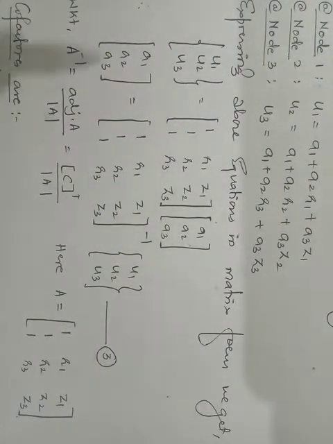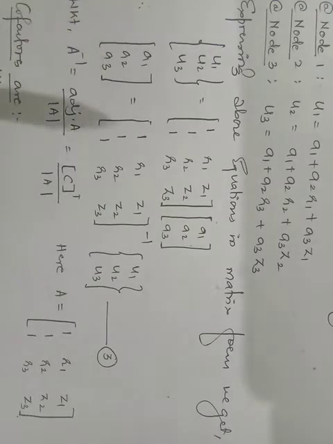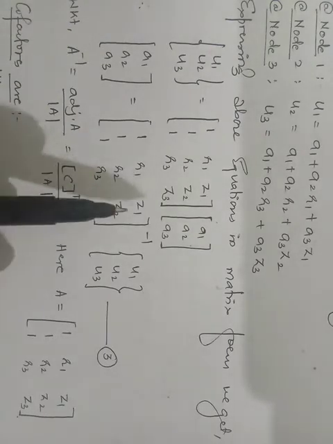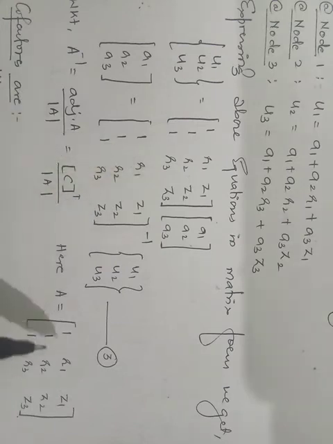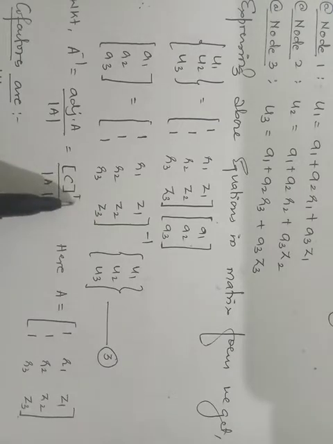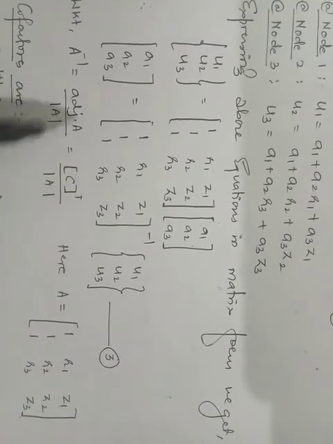So I am interested in finding out a1, a2, a3. In order to find a1, a2, a3, I need to find the inverse of this. So I'll take this matrix as A matrix. Here A is equal to, I have written here, the same matrix copied. You know that A inverse is adjoint of A divided by determinant of A. Adjoint of A is transpose of matrix of cofactors. C is matrix of cofactors. If you take the transpose of this, you will get adjoint of A divided by determinant of A.